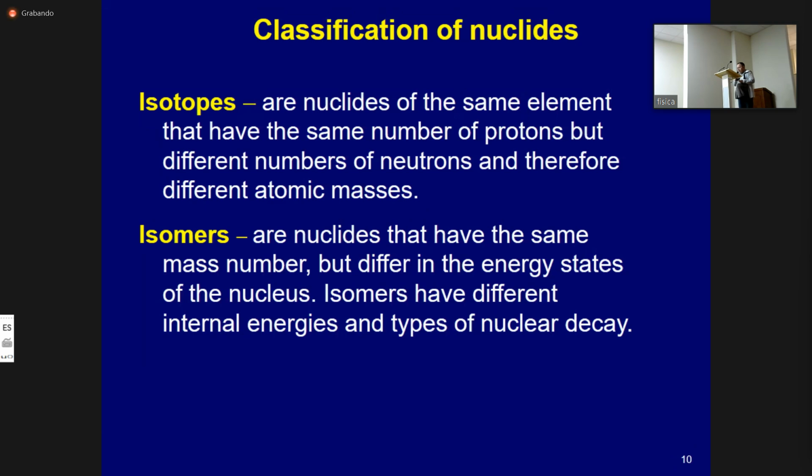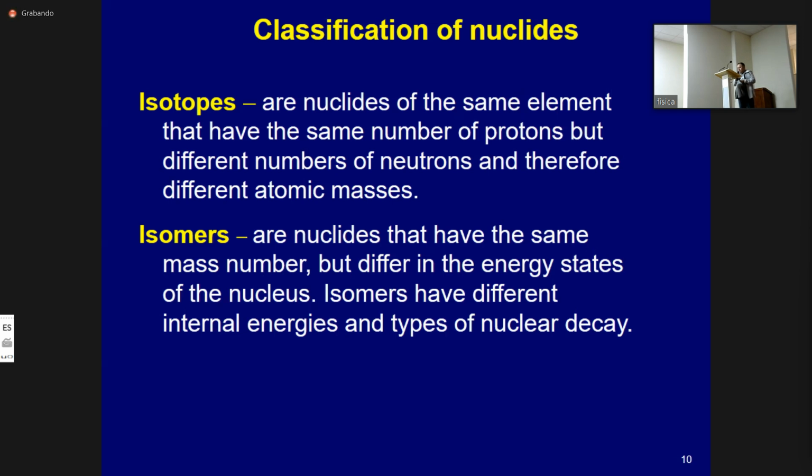The exceptions are the lightest isotopes, which have the smallest size, hydrogen isotopes. The first isotope of hydrogen is designated H with index 1 on top. The second is usually called deuterium and is denoted D, or H with index 2 on top. And the third isotope is usually called tritium and is denoted as T, or H with index 3. The difference in their atomic masses is so great that it also affects their chemical properties.